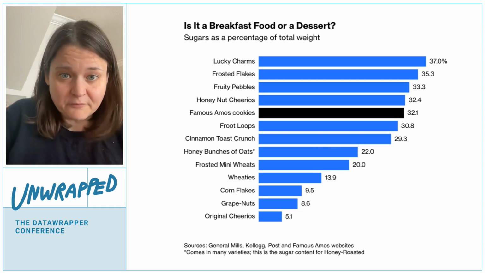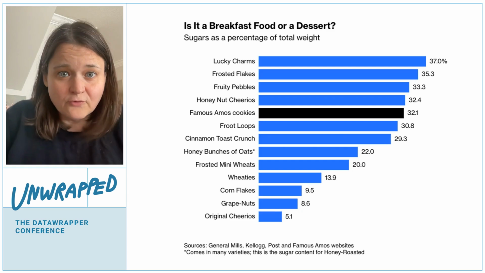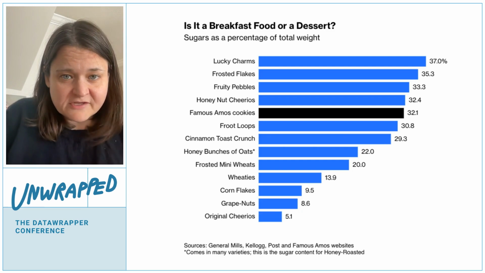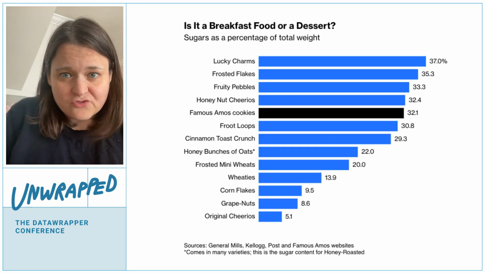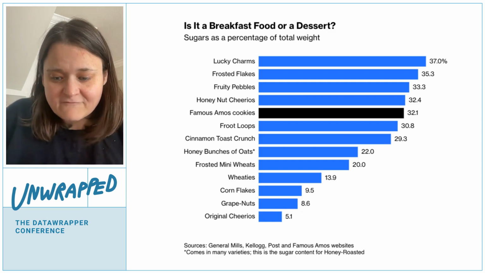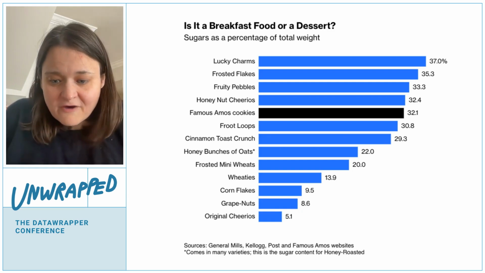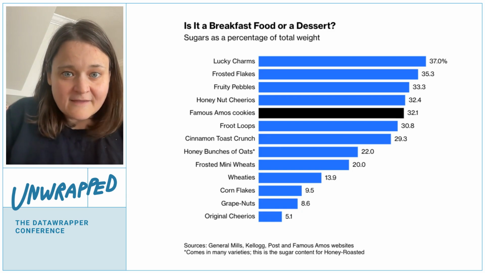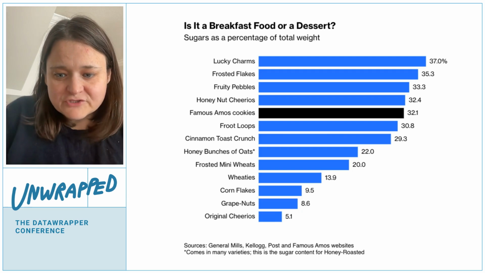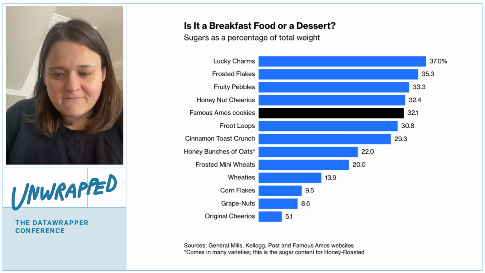For a chart like this, a pretty simple, straightforward chart, I think it's totally fine to use that space to just say this is a chart of sugars as a percentage of the weight of what's in your cereal. There's a little bit of cleverness going on here, introducing one package of cookies amongst the cereal, so that Honey Smacks, the box we were looking at, really is like 50%. If you're selling Honey Smacks, you want to make that information smaller than the other information. Using the deck, using the readout to describe basically the units of the chart is a perfectly fine choice for a very simple chart.